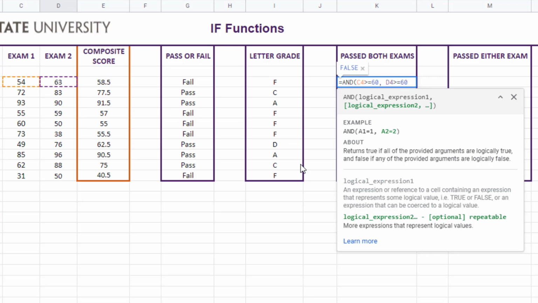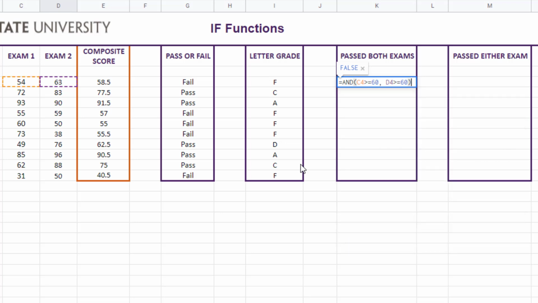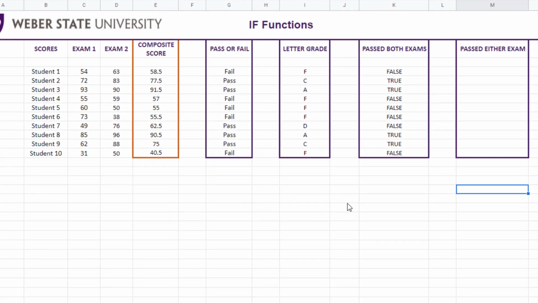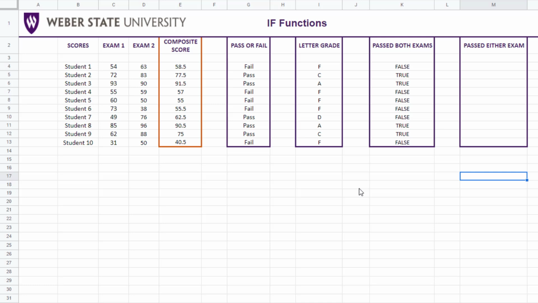End the and function with a closing parenthesis, and press Enter, and we get either true or false as our output. Now let's grab the fill handle in the bottom right corner of our cell and drag it all the way down to the bottom of our list. So we see that and or functions can stand alone and will either output true or false depending on if